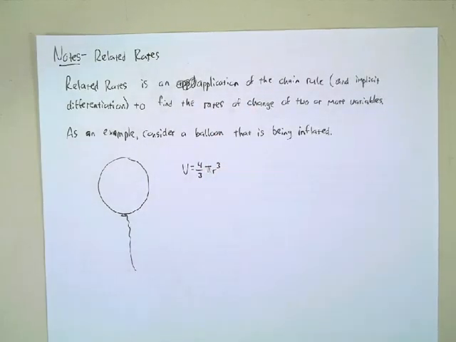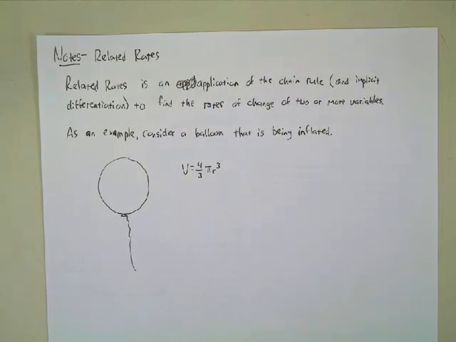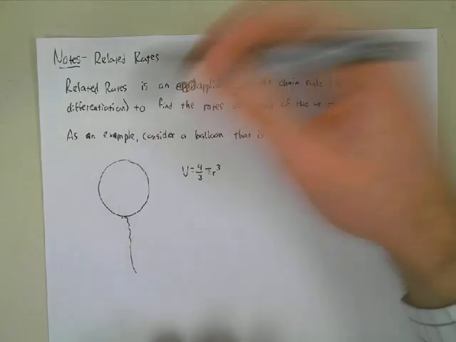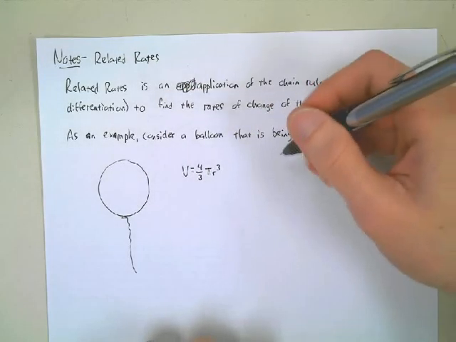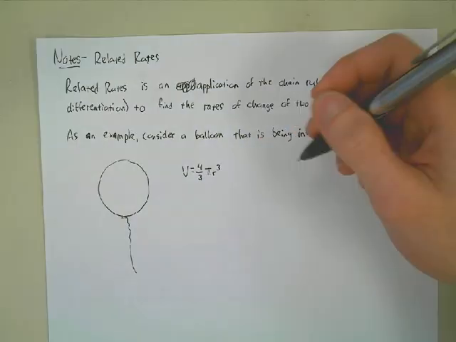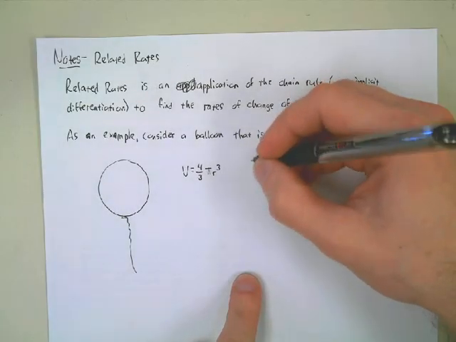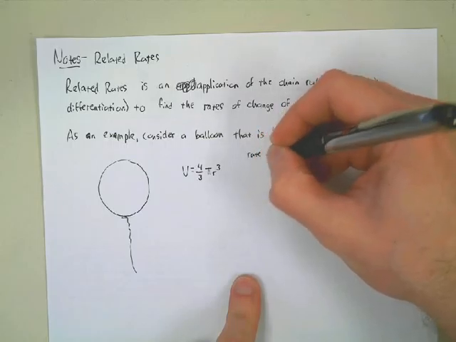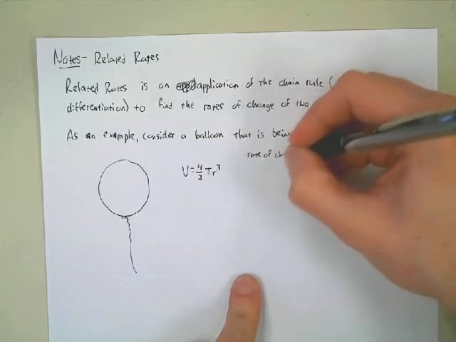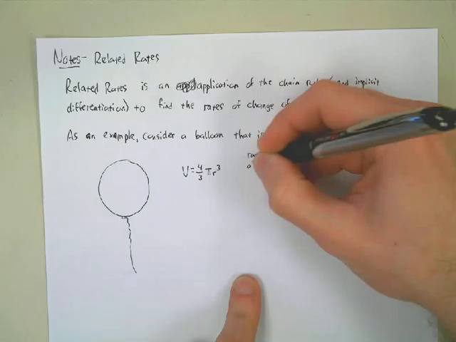Good thing you all know that. So that's the formula that would relate some pieces of information here about the balloon, right? And let's think about the rates of change of the balloon here. So for example, if I wanted to talk about the rate of change of the volume,